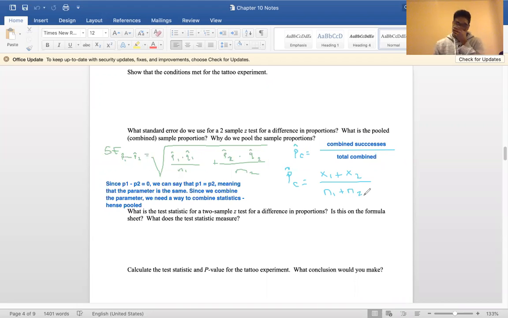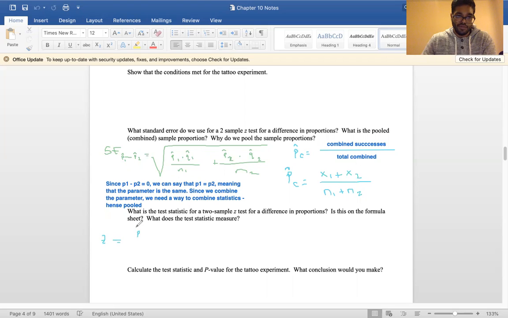Okay. So now what is the actual test statistic? How do we actually compute this thing? Remember, test statistic is statistic minus parameter divided by standard deviation. Well, we have the standard deviation. We know what the statistics are. We know what the parameters are. Let's plug everything in. So we get Z equals